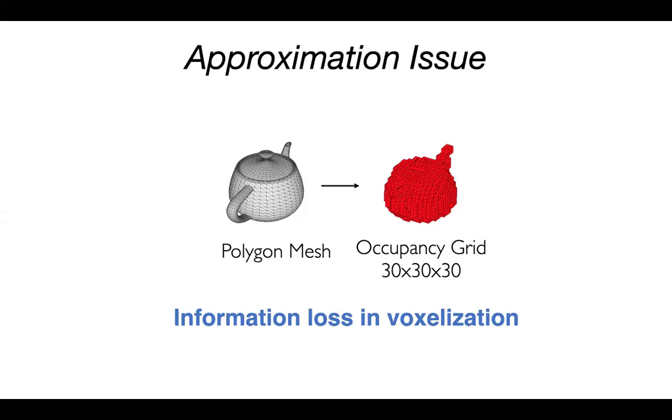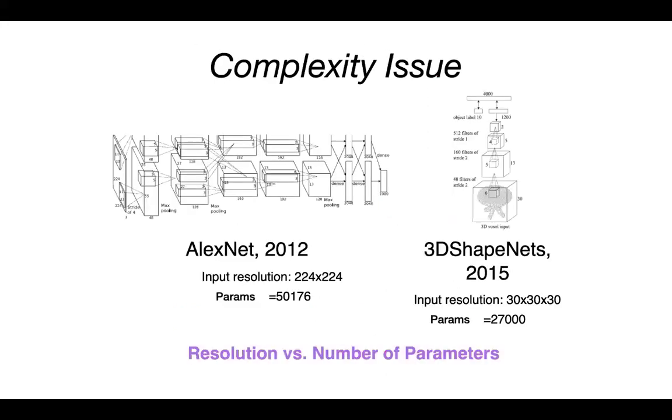If this was very small, smaller than the size of a voxel, we wouldn't be able to detect the handle, right? And so these kinds of things have to be taken into account in consideration of the representation, because it's a discrete and approximate representation. Also, there's a question of a complexity issue that we need a neural network that is going to process